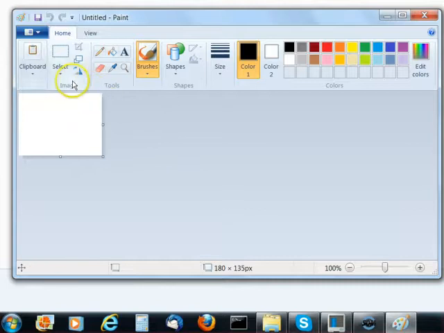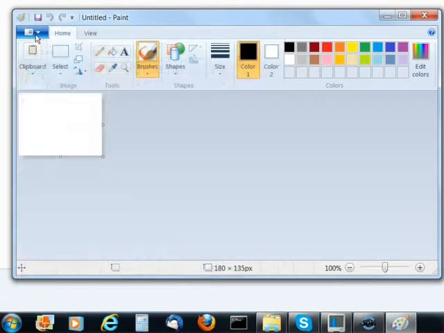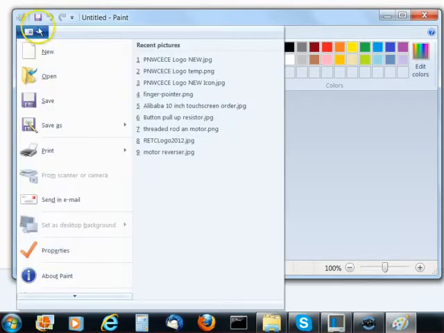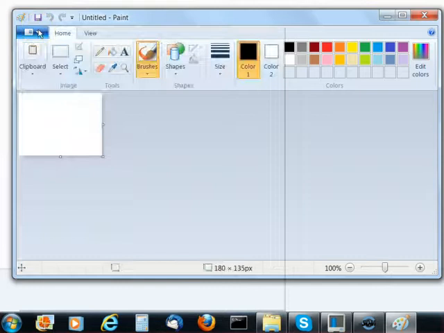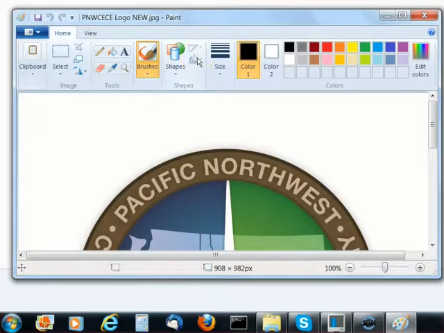Okay, we have a logo already for the Pacific Northwest Center for Excellence in Clean Energy, so I'm going to open that up, and to do that we click this blue menu box up in the top left corner, and I've already had this open before, but you can use the open box here to open a graphic anywhere on your system. And as we can see down here, it's a 908 by 982 pixel